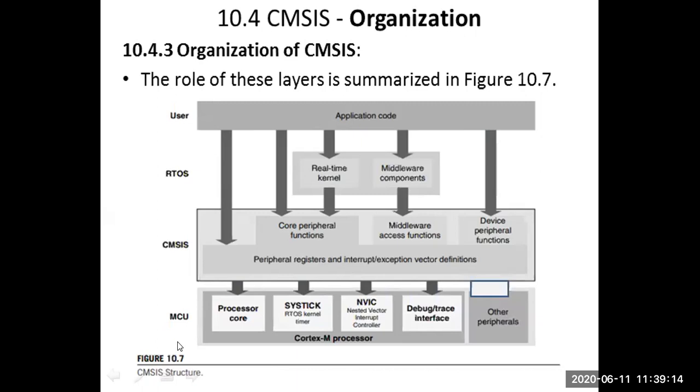Now the other variables are similar. The last line, the microcontroller unit, is nothing but similar to your Cortex M3 processor architecture, other than SysTick. SysTick, Cortex kernel. You can see your Cortex M3 architecture: the processor, there is an NVIC, there is a debug trace, and an area reserved for others. This is how the CMSIS structure is constructed. This is the actual picture, and this one we constructed.